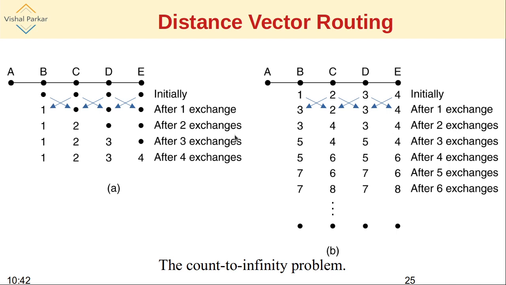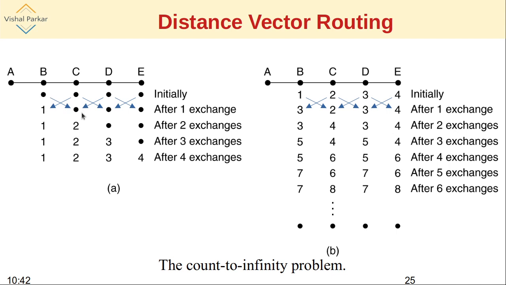Now after two exchanges, what happens? Here B will exchange the new value, which is 1, to C, and accordingly it has also got a value of infinity from D. So 1 and infinity, 1 is least, that's why C will now calculate. C knows that it can approach B with a hopping distance of 1, and B claims to have a distance of 1 to A, so C will be updating its value to 2.